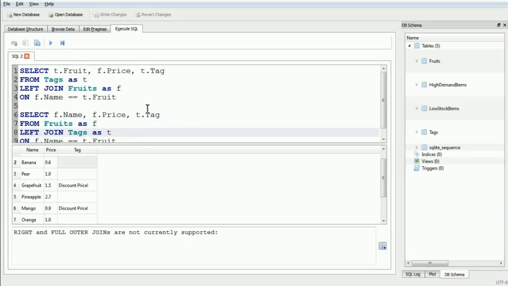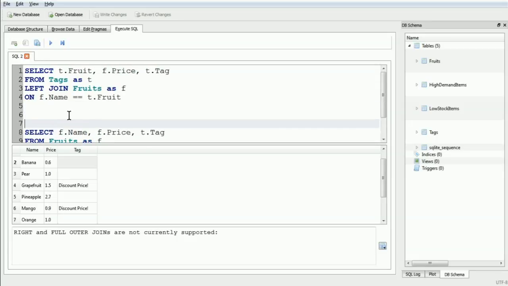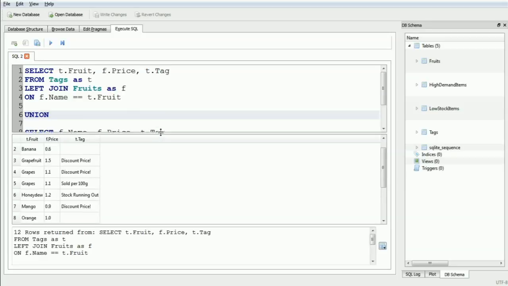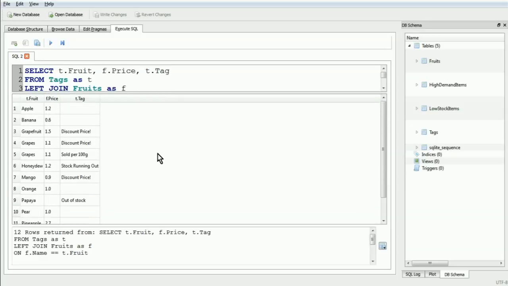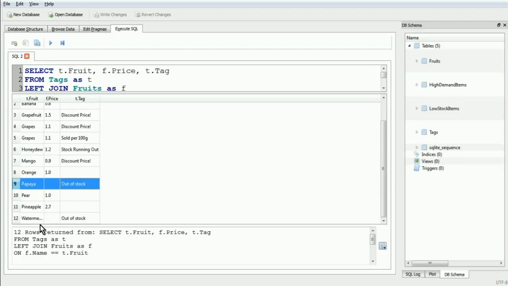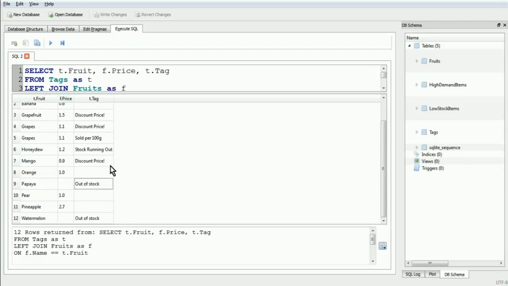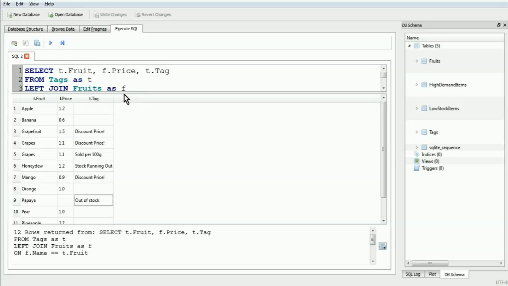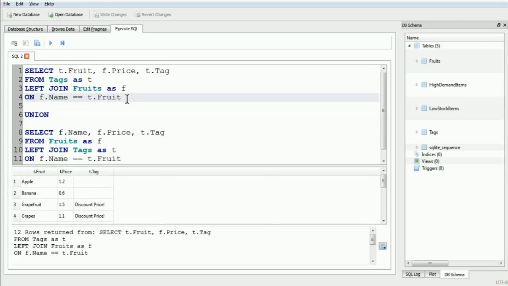So what we can do is we can simply bring them together using a union operation. There you go, when we run this, what we have is everything. Here's a fruit without a tag, that's fine. Here's a fruit with two tags, that's fine. Here's a fruit that's out of stock so it doesn't have a price, that's fine. We have everything now. Again, remember what we're doing here is we're trying to emulate the effect of a full